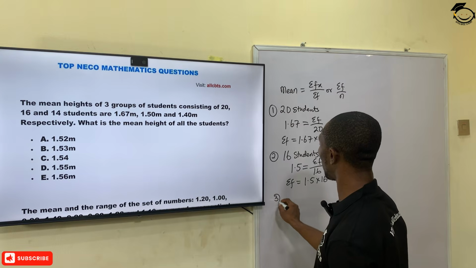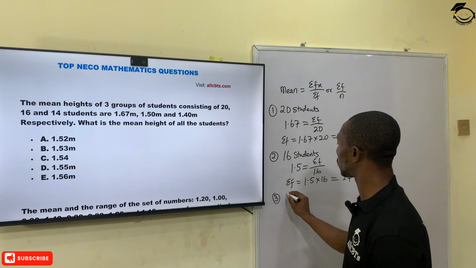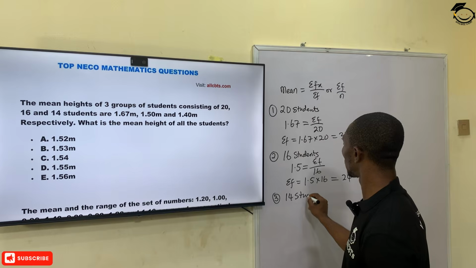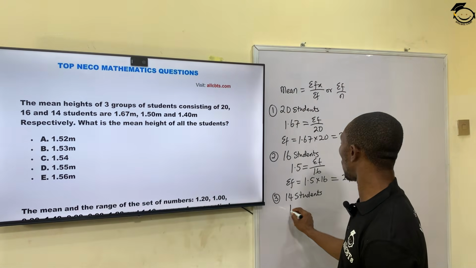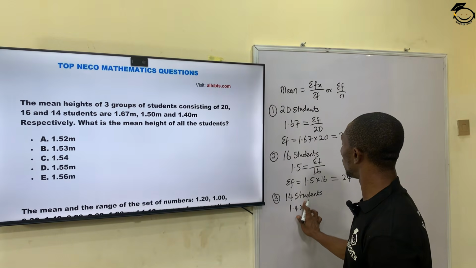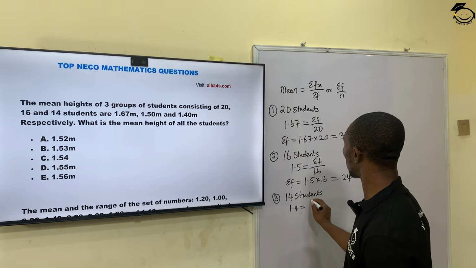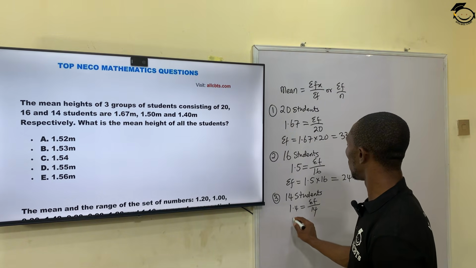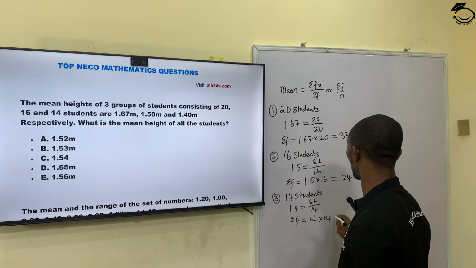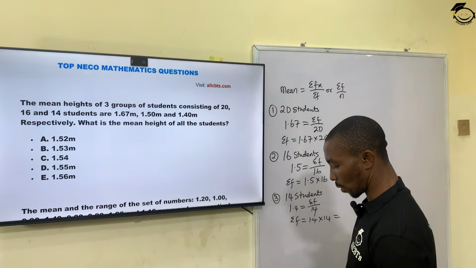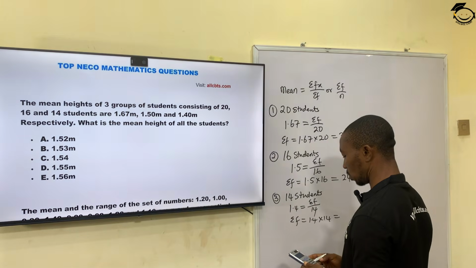Now for group 3, where we have 14 students, our mean is 1.4. Okay, 1.4 equals sigma f over 14. So this would be sigma f equals 1.4 times 14, which gives us